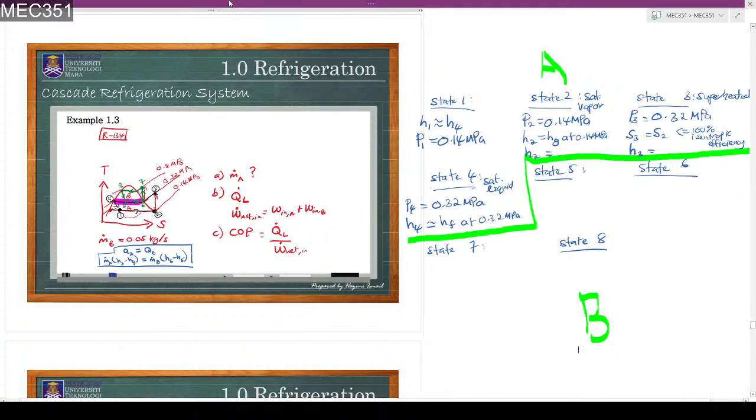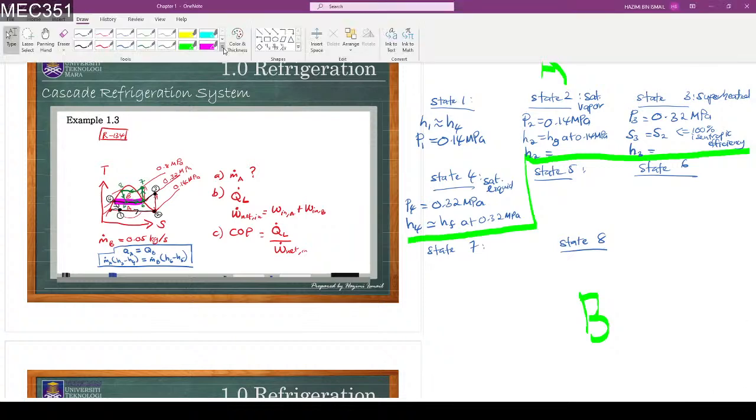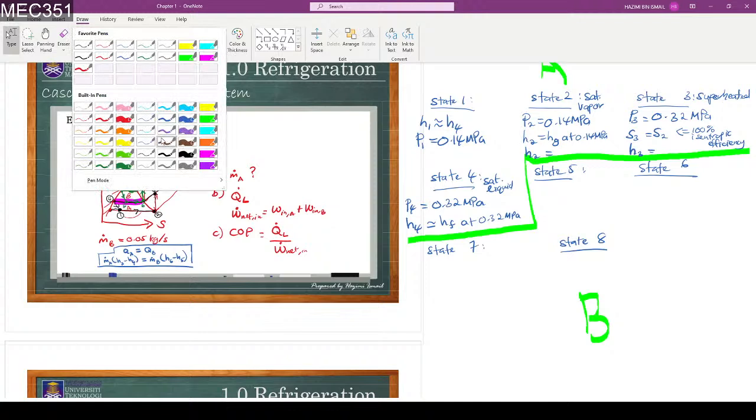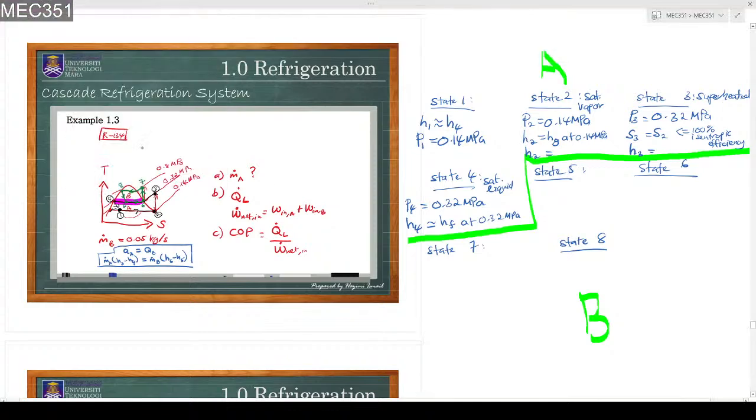Sekejap. Tak warna lain lah pula. Warna apa? Warna merah. Okay, state 5. Dekat sini. H5 equal to H8. And then P5 still 0.32 MPa. Because it also happened on the middle pressure line here. 0.32